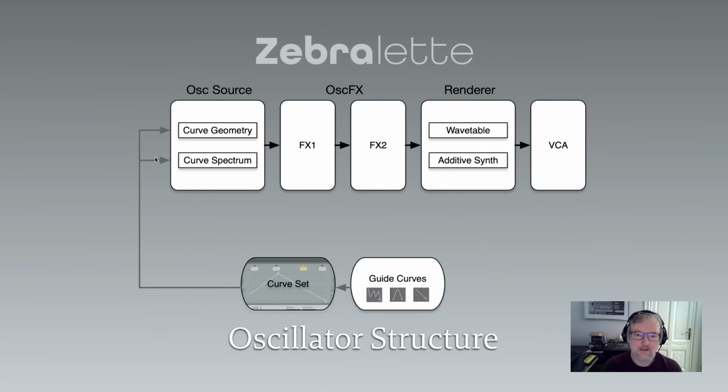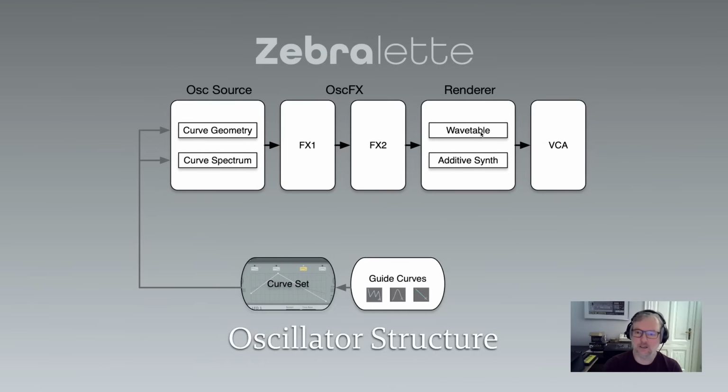And next up is exactly what I just talked about. So you have the curve set and you have the guide curves. Guide curves are used to somehow mangle, cut, and do things with the waveforms and spectra that you're designing. And then these curves are used either as geometry or spectrum, and then go through the oscillator effects, and then